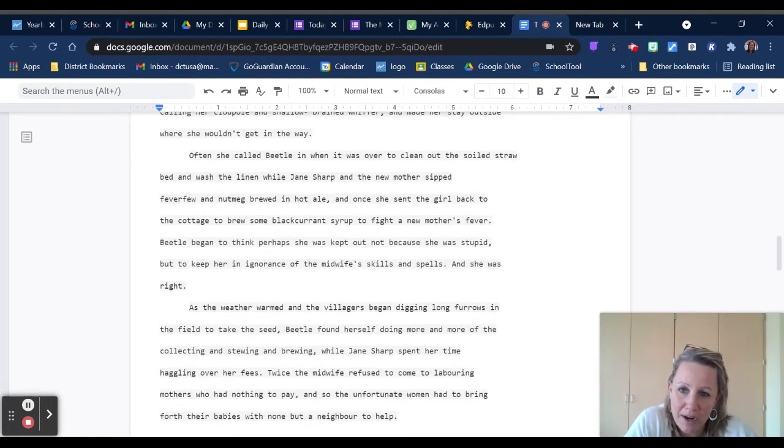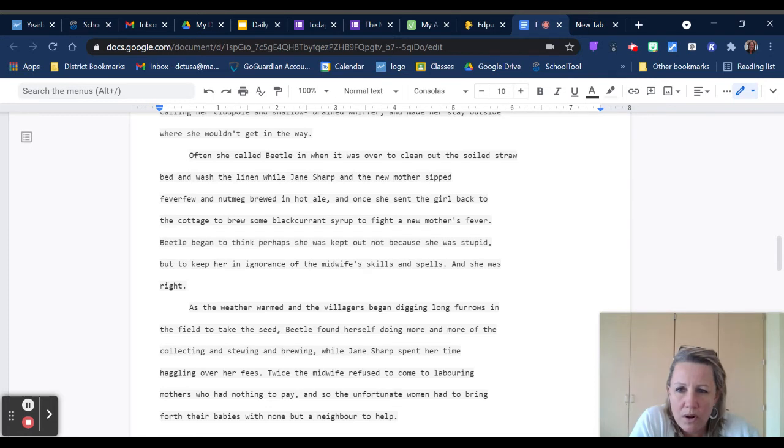And she was right. So the fact that the narrator tells us "and she was right" wouldn't happen if it wasn't an omniscient narrator to tell us other people's thoughts. A first person limited narrator only focuses on the main character and only gives you information about the main character and through her thoughts.